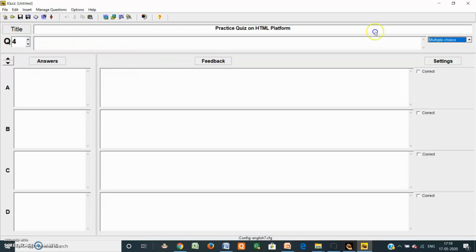Now I'm selecting another type, hybrid type question. The capital of India. Sorry, write down here the first question.